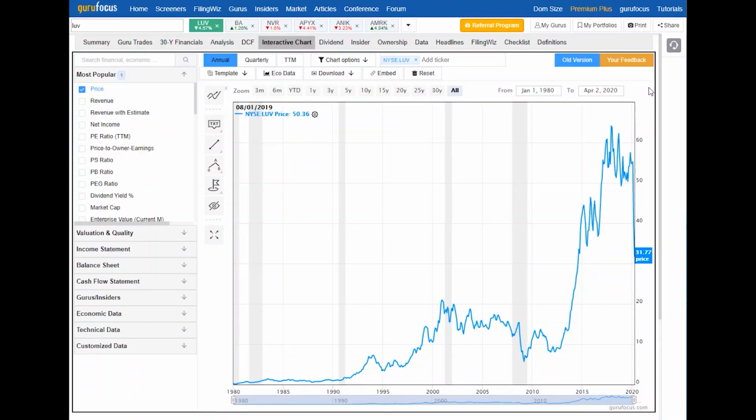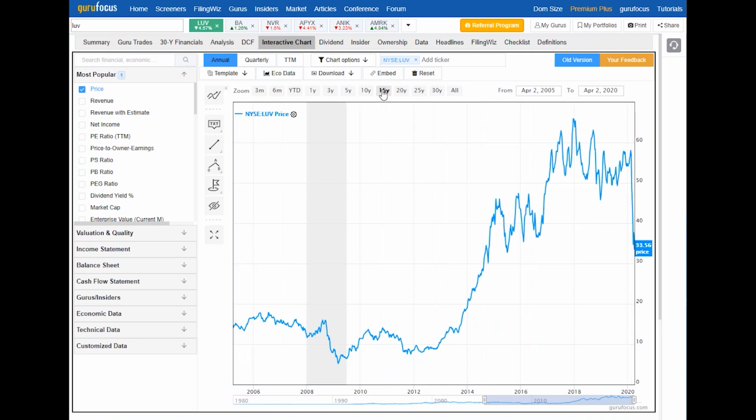For instance, a company here, Southwest Airlines, we're all very familiar with the company, and this is the stock price here. And currently, of course, it dropped a lot due to the coronavirus. If I shrink it a little bit for 15 years of data, look at this chart. And this is a price chart. And now if I want to add the PE ratio onto this chart,